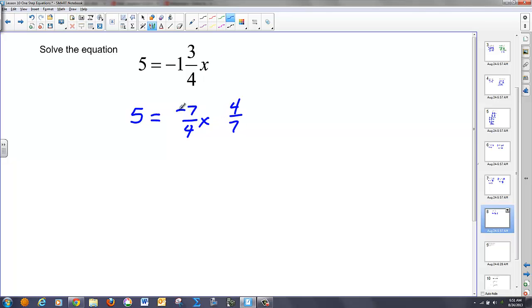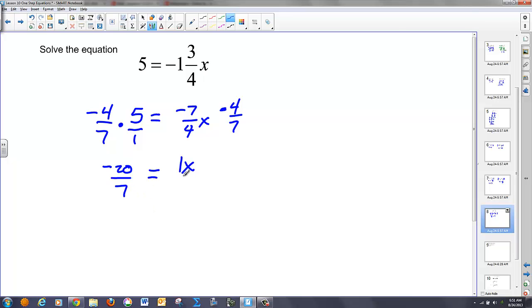And since it's negative times a positive, that would give me a -x. But I have to multiply by a -4/7. So I get a negative times a negative is a positive. And then once again, whatever I do to one side, I must do to the other. So I'll multiply 5, and that's 5 over 1, to -4/7. I get 1x is equal to -20